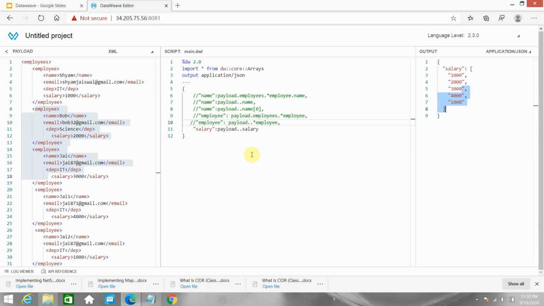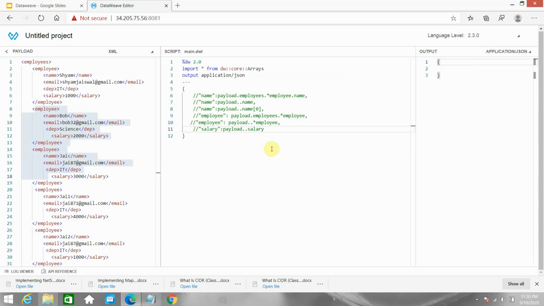Next, I want to know whether there is at least one employee with department IT. In that case we can use the sum operator.